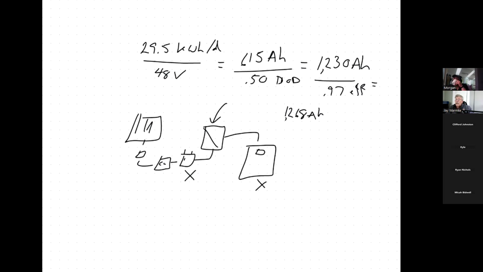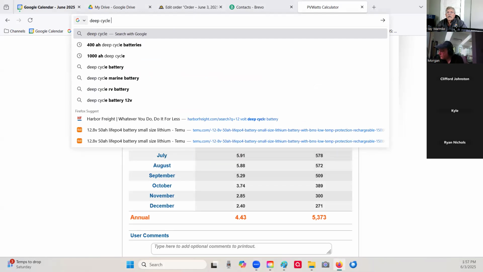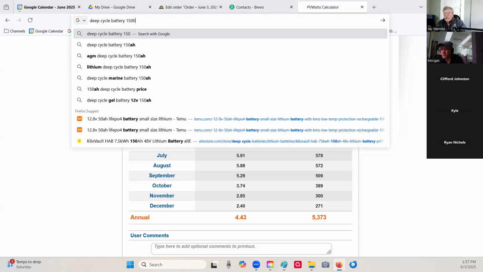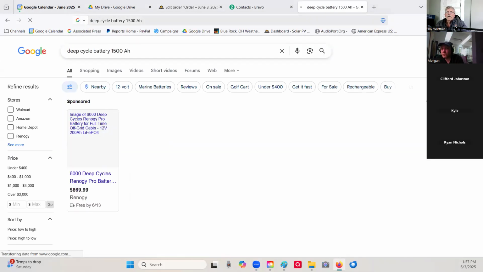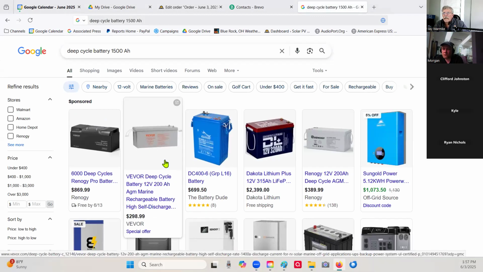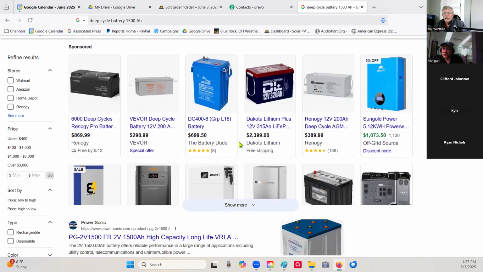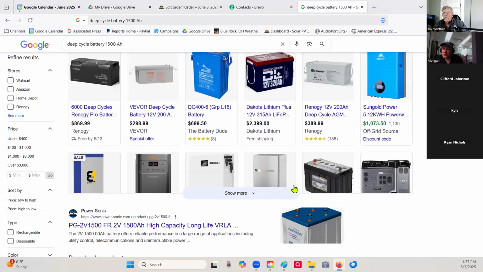So if I drop out of there, and now let's just sort of look at, let's jump in here, and let's look at a 1,500 deep cycle. 1,500. That's a 200 amp hour. That's a lithium deep cycle 200. You can see that when we get into